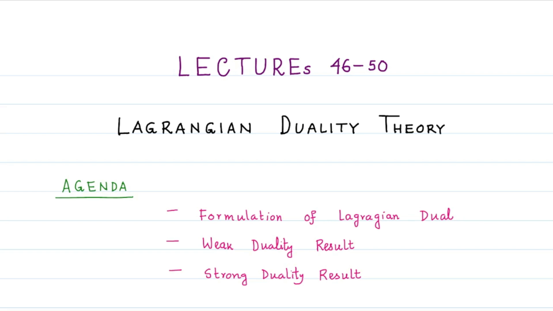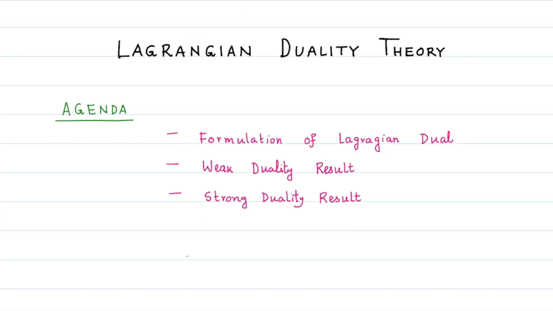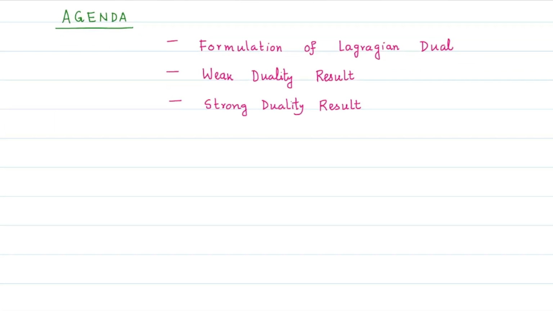When these values are identical, we will say that strong duality has happened. And towards the end of this lecture, we will find certain conditions satisfying which this strong duality is going to hold. So now let's start our discussion with the formulation of the Lagrangian dual problem for a given